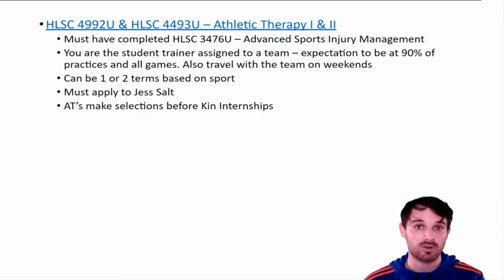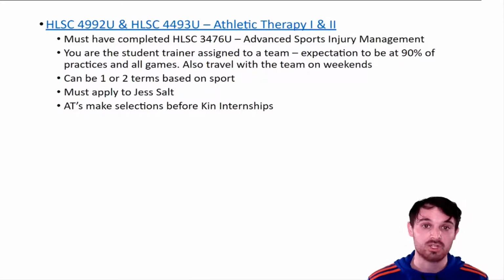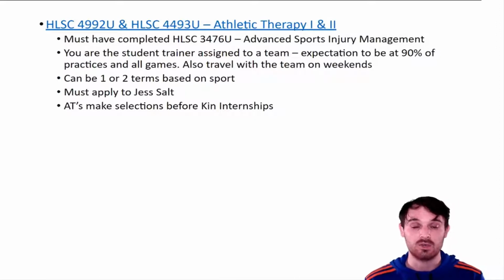So this is basically all the expectations of a varsity athlete, but you are the trainer side of things. So you are, again, tied at the hip to that team. It is a fantastic experience if you are looking to get into the sports medicine, sports injury, or even medical fields. Anywhere in the rehab stream, or even looking to go into physio, chiro, things like that, is a fantastic